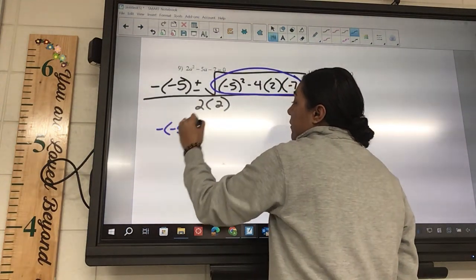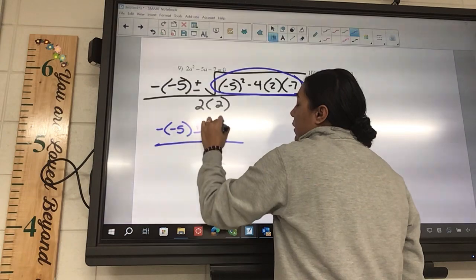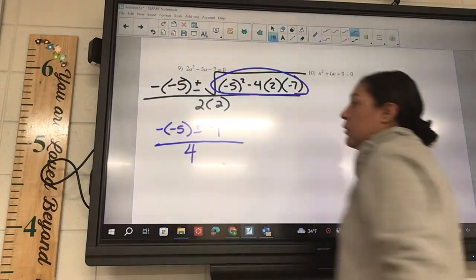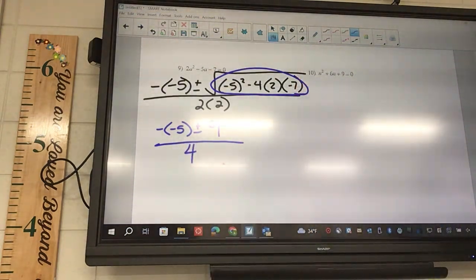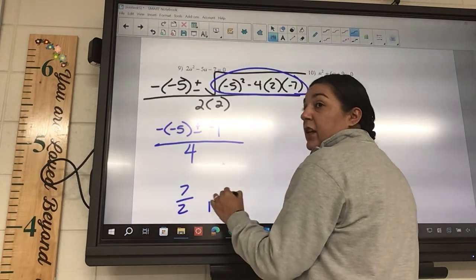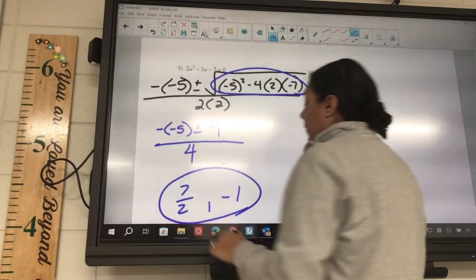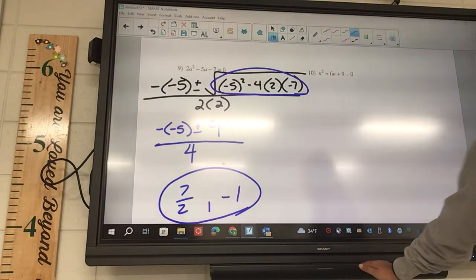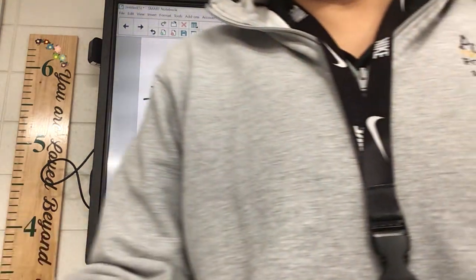You got 9. Yep. And the bottom is gonna be a 4, okay? And so then that's ready to do 1 plus, 1 minus. For plus, it's 7/2. 7 over 2, somebody agree? I do. For minus is negative 1. Yeah. Okay, the other half of the sheet is your guys' to do. If your paper is not stapled